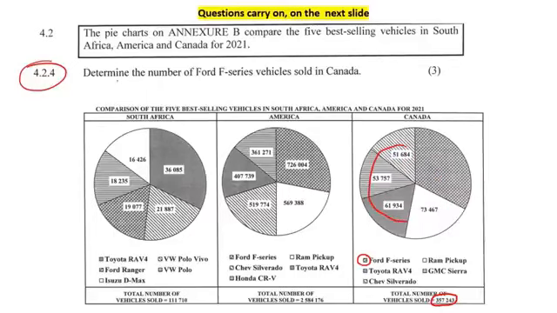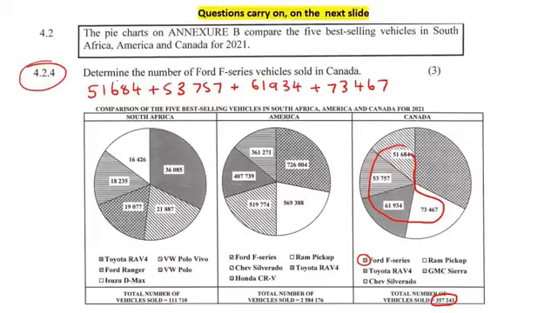So let's go add these numbers together quickly. So we could say 51684 plus 53757 plus 934 plus 73467. If we go add all of that together, we're going to get